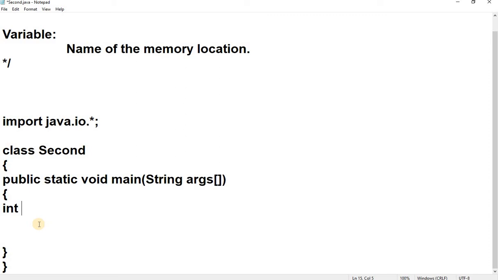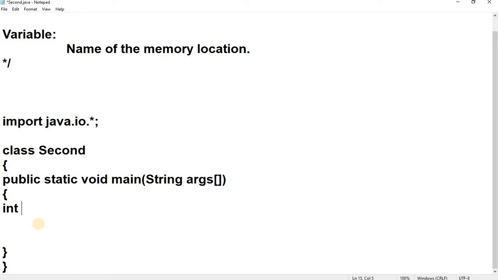As we are discussing, in the real world we never use the names of others for someone. In the same way, in programming there are different keywords. In Java we have around 62 plus keywords. Those keywords you can never use as a name here. Now I will show you one example.